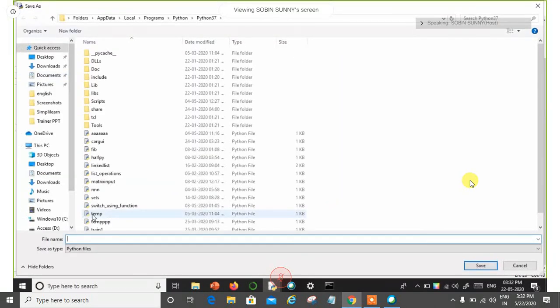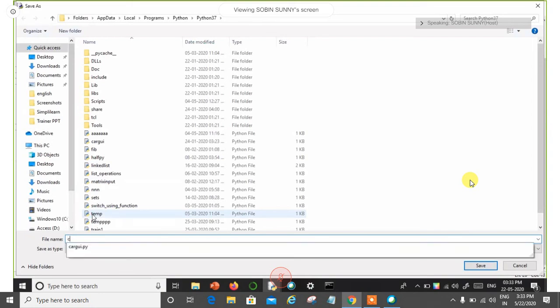Please do not save the program with the name chatterbot. It is very possible that many people might have the tendency to save the program with the name chatterbot, but please refrain from saving it like that, because we already have a library, right? What is the name of that library? The library name is chatterbot, right? So if you again name this program chatterbot, what happens? This program will actually collide with the actual library. So it should not happen.